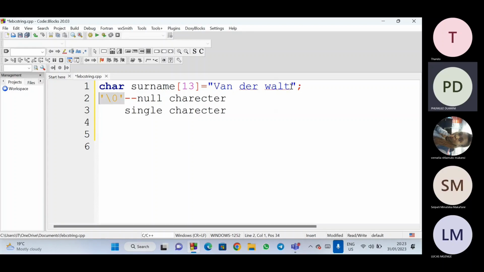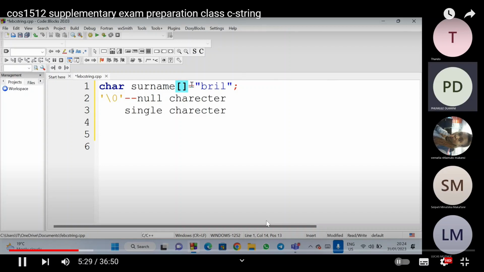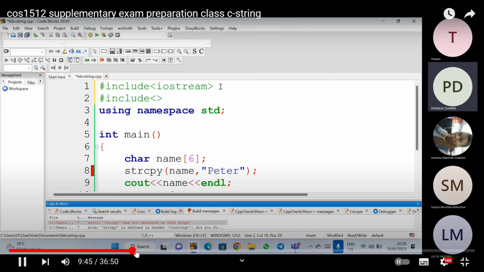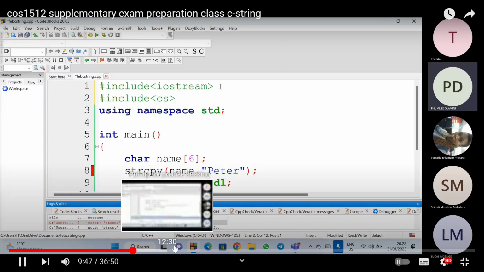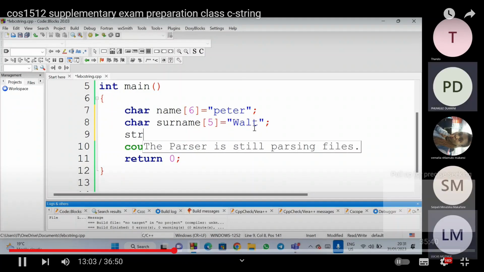For example, I will use my name, I can write Brilliant there. You can see that in my name it has 1, 2, 3, 4. Instead of writing, you must also, if it's C string, like it's for string